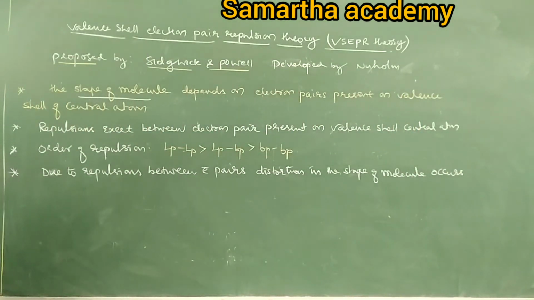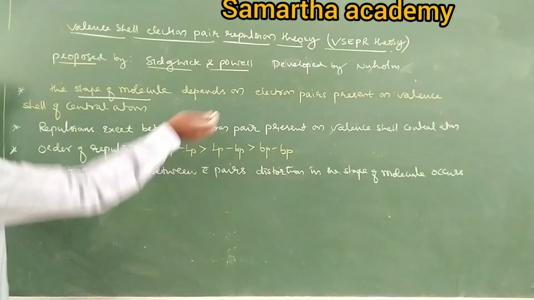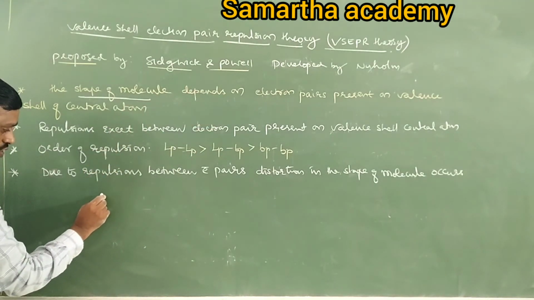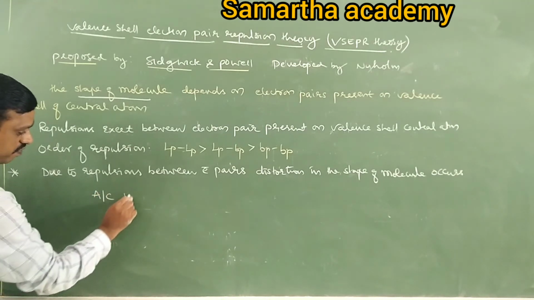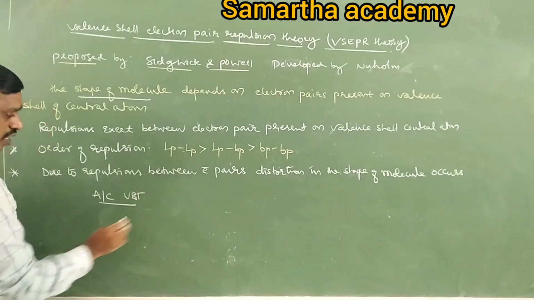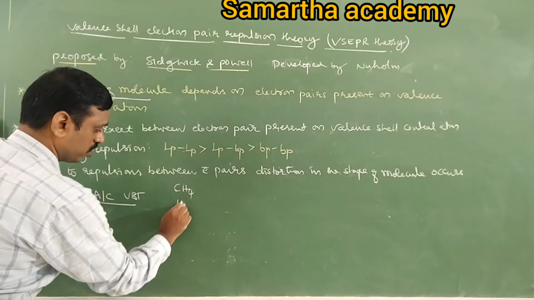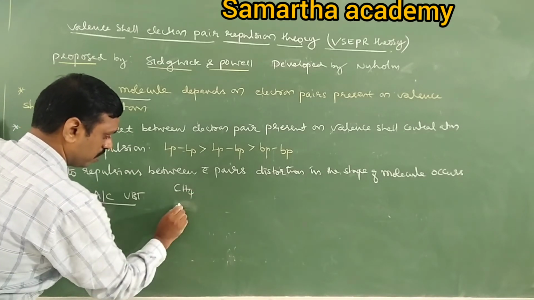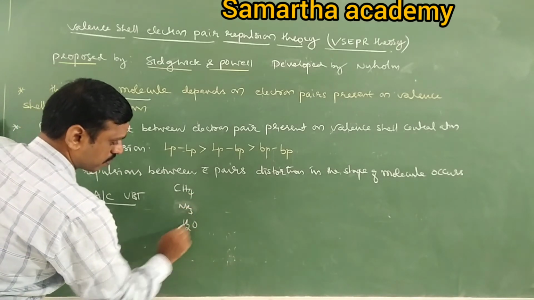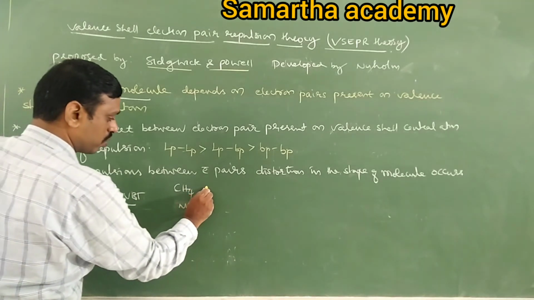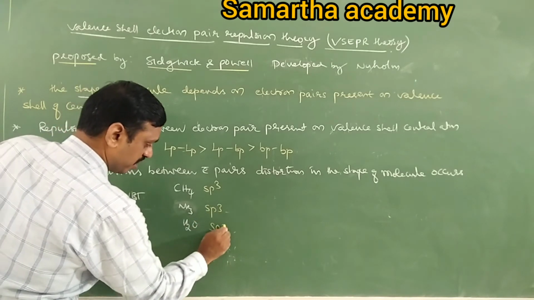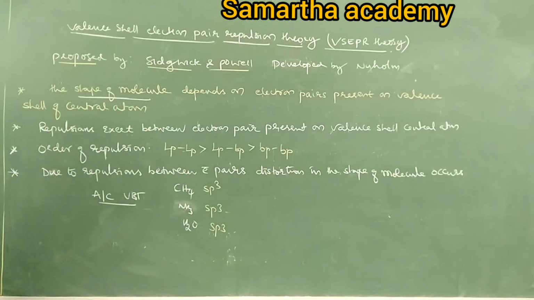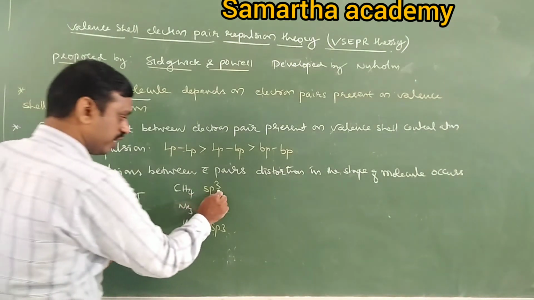Okay, now let us take the same example. Here VBT theory could not explain the structure of ammonia and water. Now tell me, according to VBT, take methane, ammonia and water. In methane, what does the central atom undergo? sp3. Here is sp3, here is sp3. In all three molecules, the central atom undergoes sp3 according to VBT. If it is sp3, obviously its